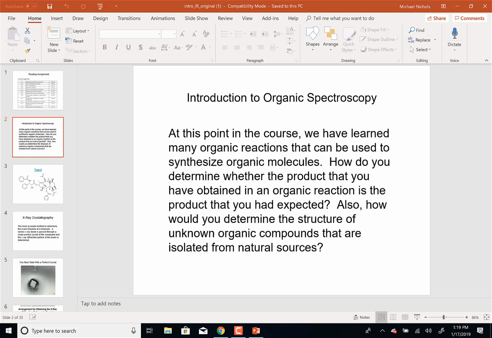Nowadays, with the instruments that we're going to talk about, infrared, nuclear magnetic resonance, which is NMR, and mass spectrometry, I can basically determine the structure of something that somebody just walks up to me and gives me off the street. They walk up to me, hey, here's a white powder, can you tell me what it is? And I probably can, using those different techniques. Before, it was very, very difficult. And I'll just give you an example of that.